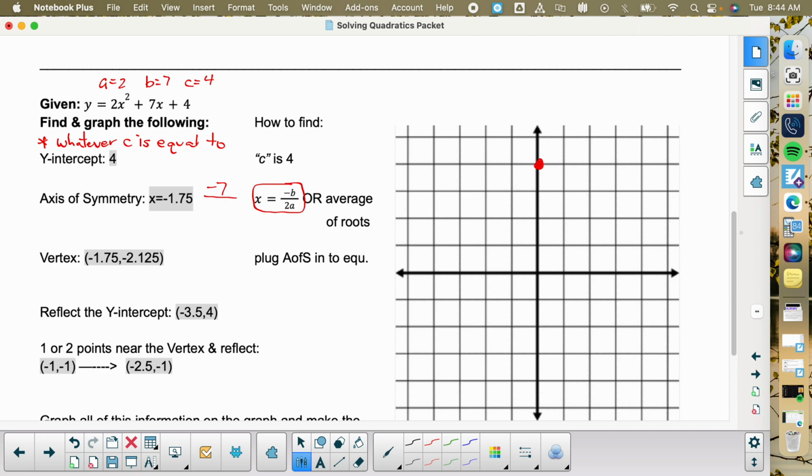What's A? Oh, well, I wrote it down. -7? It is not. A is 2. Okay, if we double that 2, what do we get? 4. Good. And if you use your calculator to do -7 divided by 4, you get the answer that's already written there for you, the -1.75. But I wanted to make sure to show you where it came